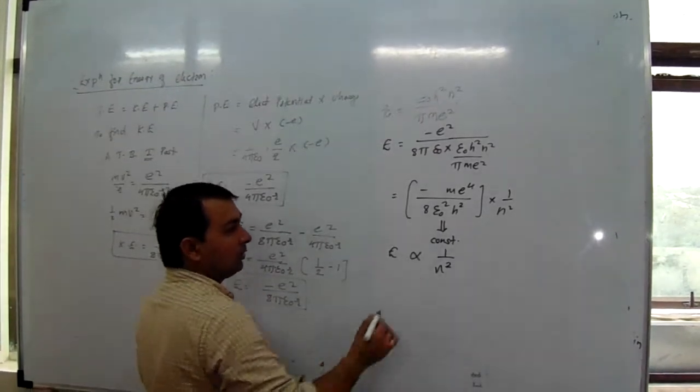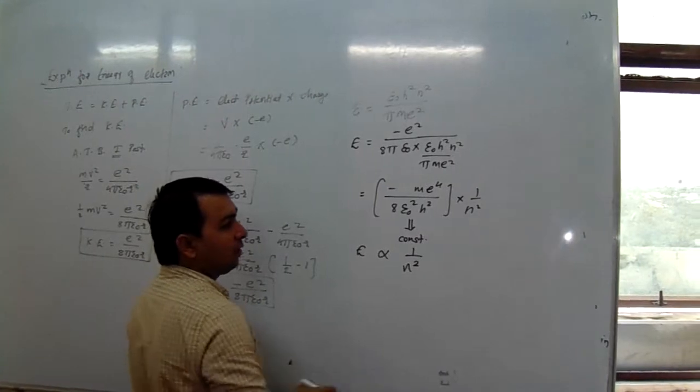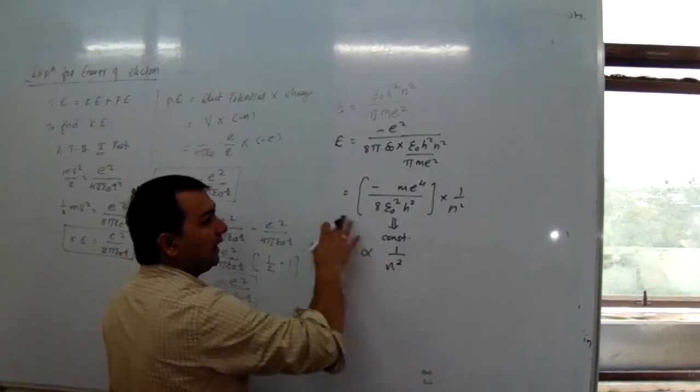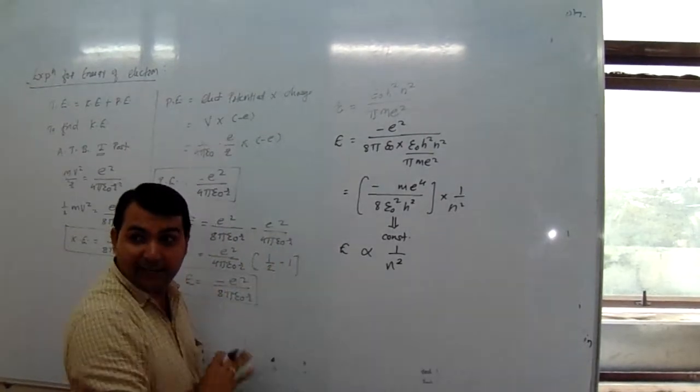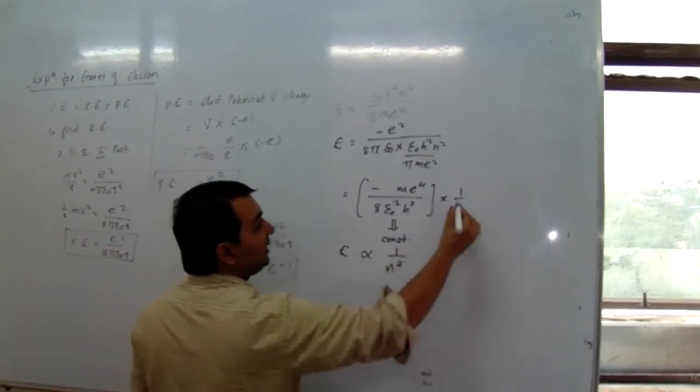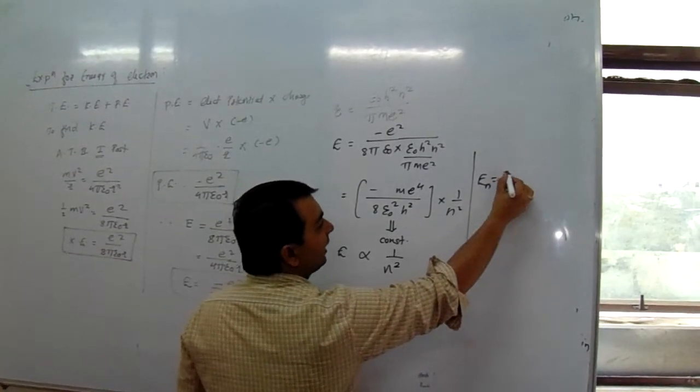Now if we put in the values of mass of electron, charge on electron, permittivity, and so on, and convert the result into electron volt, then the energy of the electron in the nth orbit is minus